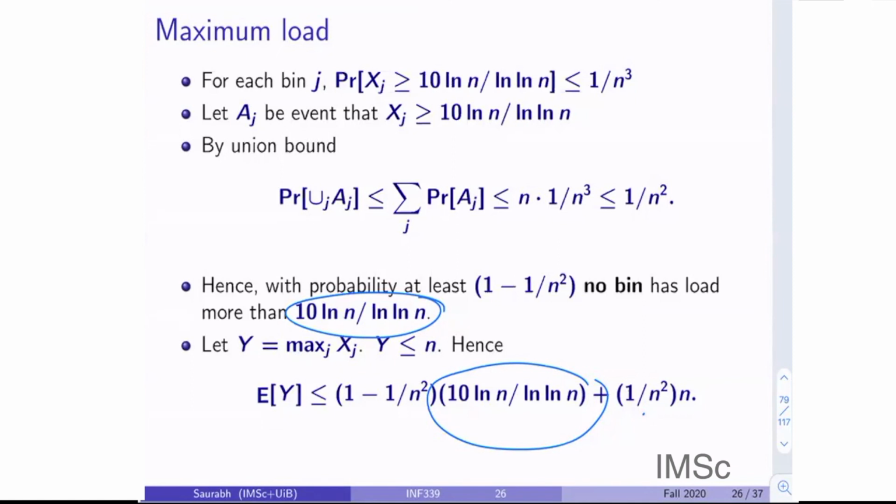Okay, I see. You get my point? But maybe if I threw 2n balls, then maybe we can prove this. Maybe if we threw 10n balls, then we can prove something of this nature. Yeah, that's right, exactly. But in the setting where balls and bins are the same number, we shouldn't be able to prove it. Any more questions?